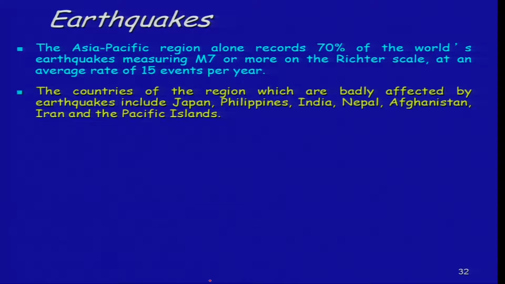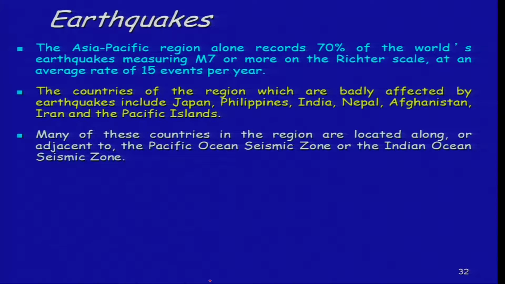Then countries like Japan, Philippines, India, Nepal, Afghanistan, Iran, and the Pacific Islands are badly affected by earthquakes, and as we have discussed a couple of them, they are of course the mega earthquakes from this region. Many of these countries are located in or adjacent to the subduction zones, or we can say the Pacific Ocean seismic zone or the Indian Ocean seismic zone,